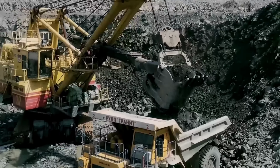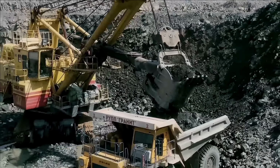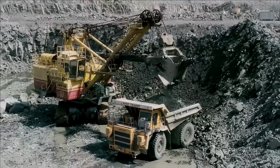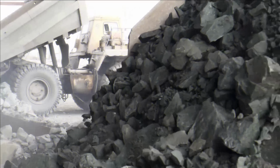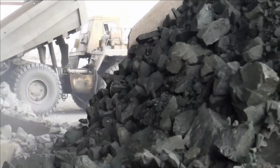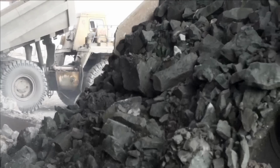Number 1. Bucyrus 75600. Considering how much material is excavated from mines, there are many tons that either have to be dumped out of the way or taken to be sorted and sifted for their valuable parts. One of the most commonly used ways to do this, particularly at surface mines, is to have a highly efficient